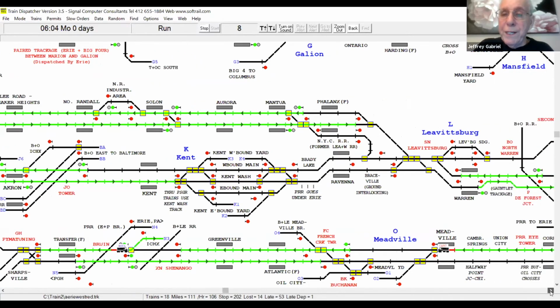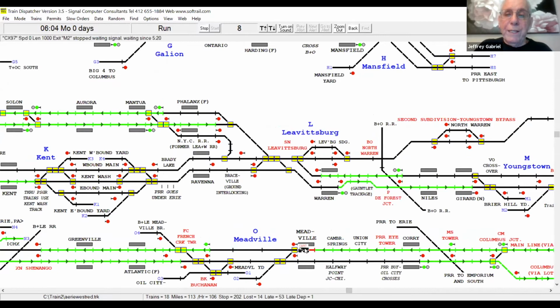Okay, going over here to Meadville, I see a train. I'm going to hover over it. It's train CX97. It exits at M2. And M2 is Youngstown. Well, I'm going to tell you about that in a second here. So in order to do that, it has to go to Pymatuning and then go into Youngstown.